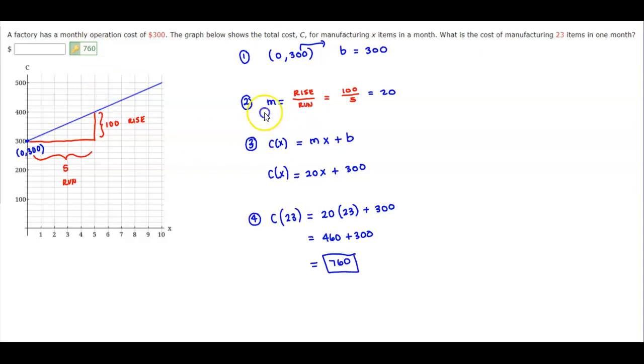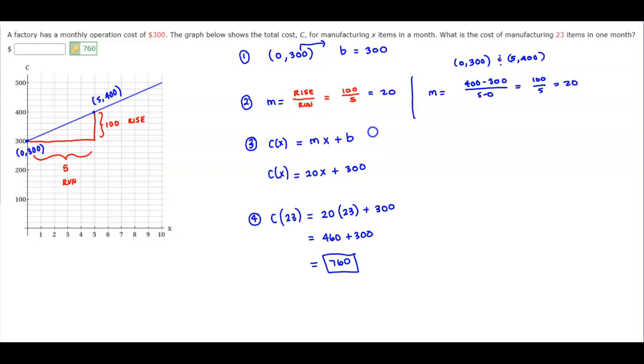Now, again, if you didn't have the graph, or if you didn't want to look at the slope this way, then you can pick 2 values. You could have picked (5, 400) and then found the slope that way. So you could have said, okay, we're going to use the point (0, 300) and the point (5, 400). And then that would have been 400 minus 300 over 5 minus 0,